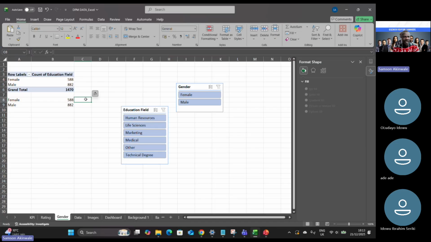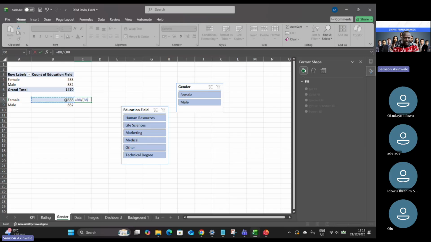So a simple calculation: I can say equals this guy divided by the addition of this guy plus this guy. Then I close my brackets. But in this case, I need to fix those references